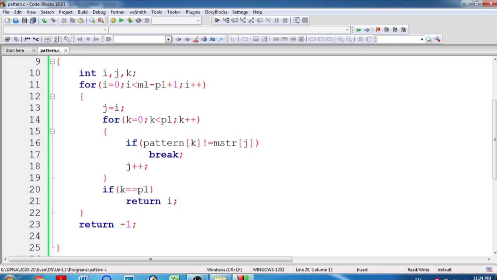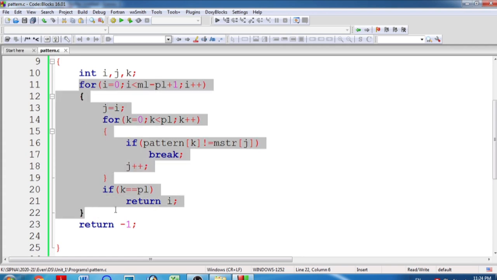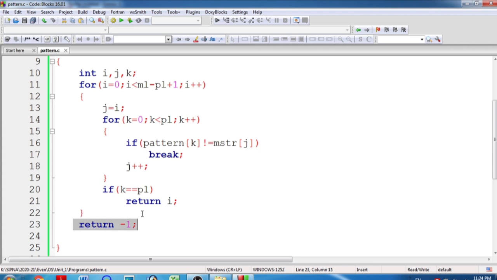If this condition is true, we are returning some index, which means the pattern is found. If this condition is false, all the substrings are checked and no substring matched the pattern, so we return -1. Only one of these two returns will be executed, not both, because whenever we return, the function ends there itself. So we return i when the pattern completely matches one of the substrings, and -1 when it does not match any substring. This is the meaning of the two returns.